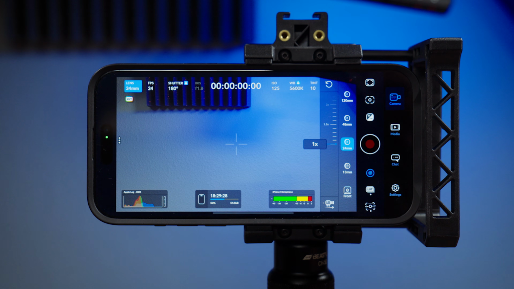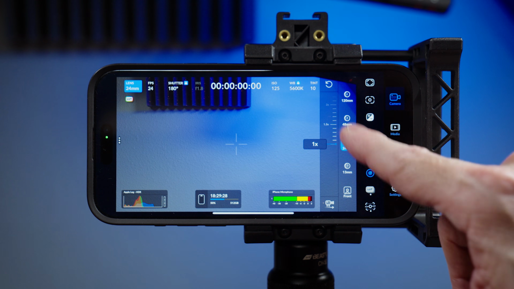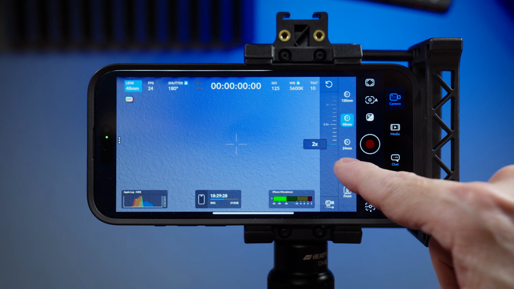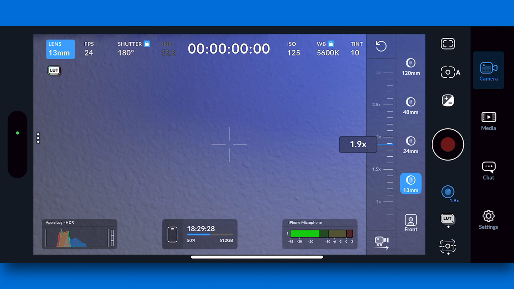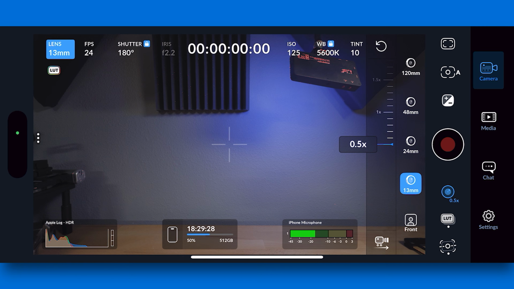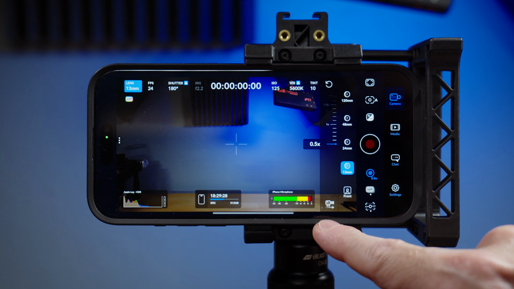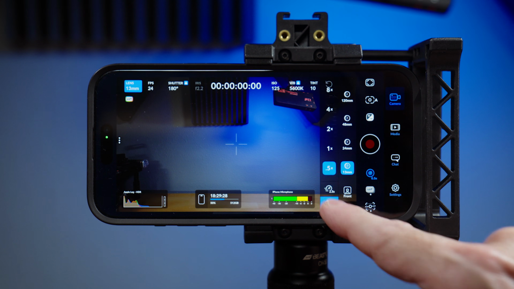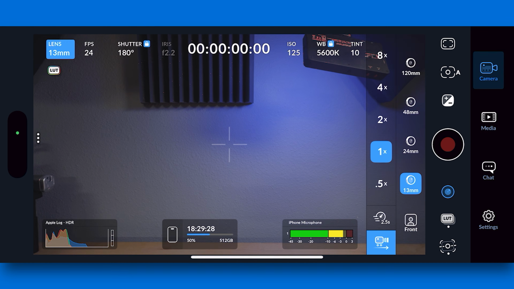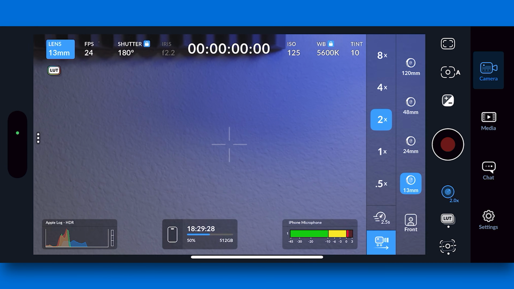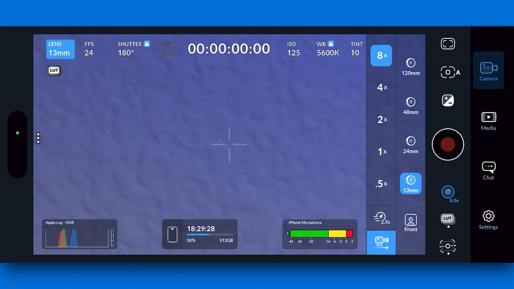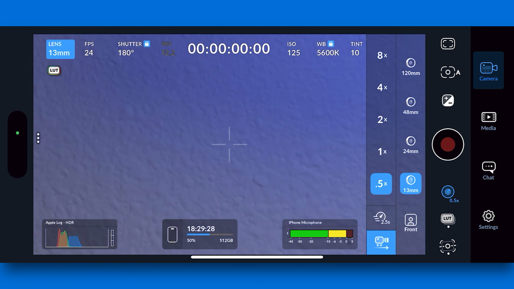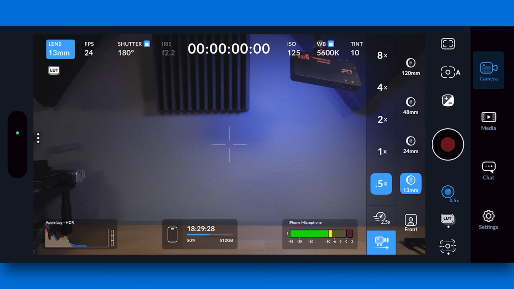Now back to the lens button. This is all the same. You've got the same lens picker, which is nice. But then the zoom now is integrated in there. And so that is different. And then another thing they added is down here at the bottom, they have what's called dolly zoom, but you can hit presets and it zooms in automatically. Now keep in mind, this is a digital zoom, so you lose quality when it's doing it. But I guess they're calling it a dolly zoom because it's automated and it moves like that